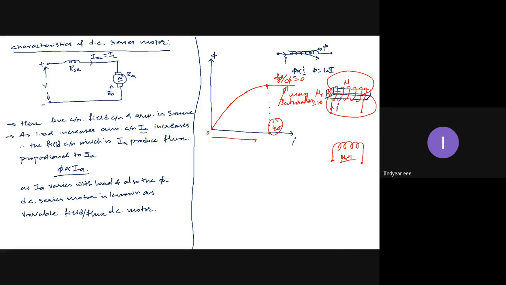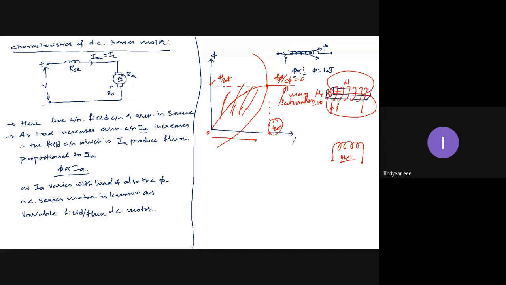Beyond the saturation point of the flux, I can call it phi sat, the maximum value of flux beyond which the flux saturates. So always I should be operating my machine on the left side of the curve. Only here I have to operate every machine. Once it goes beyond phi sat, then gone. The machine will stop converting energies, in whichever way it may be converting: mechanical to electrical, electrical to mechanical, or electrical to electrical in transformers. So this is called core saturation.